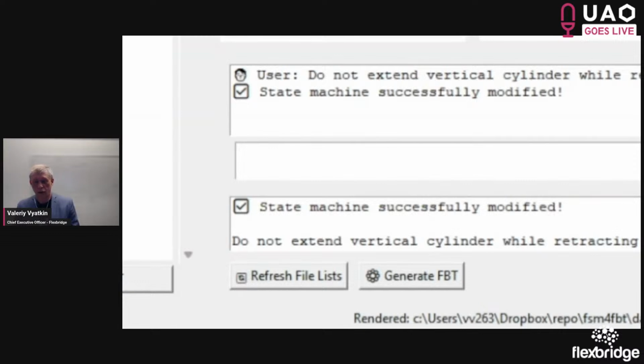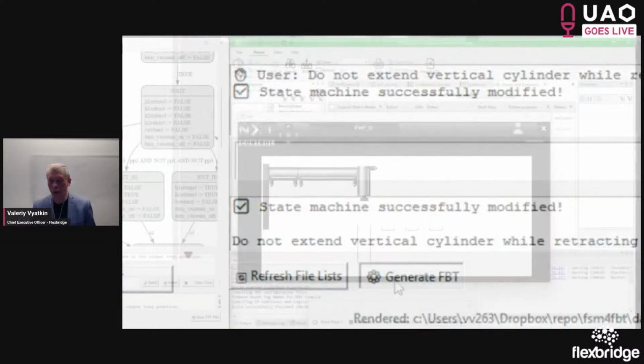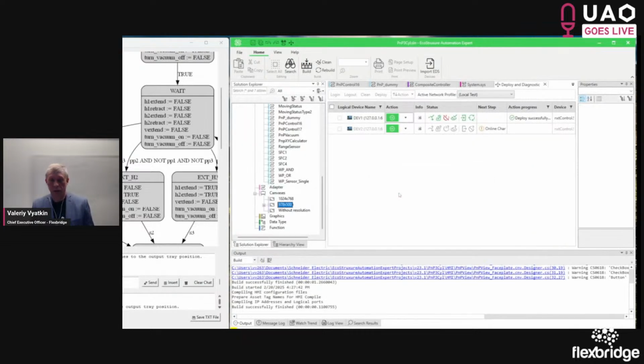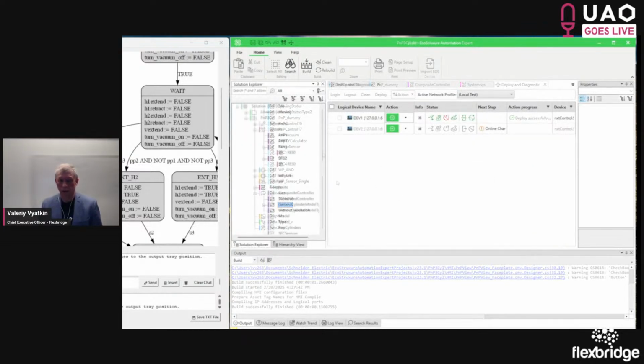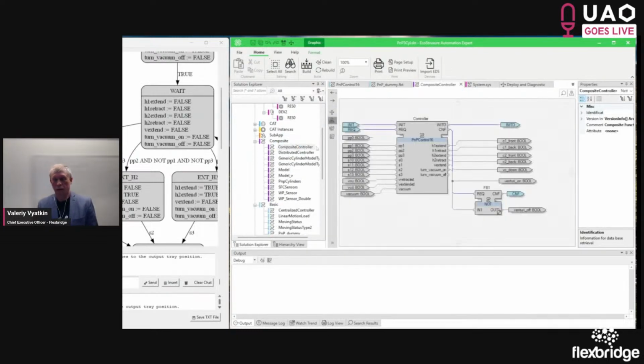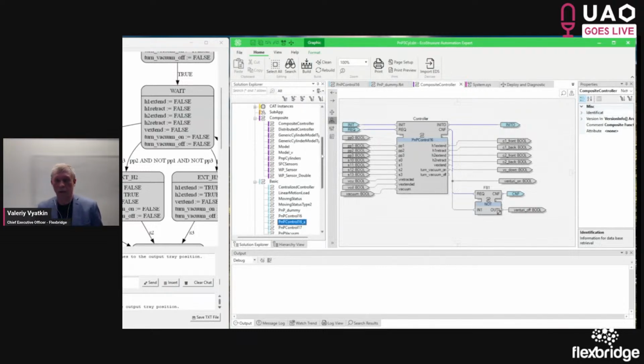Now we generate another function block type and test it in the EcoStructure environment. So we correct this function block.